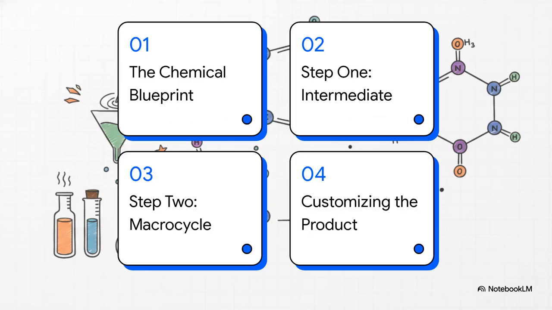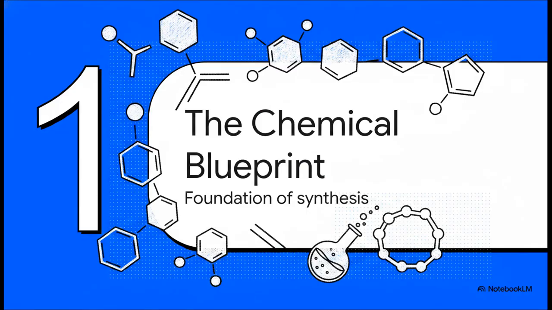Here's how we're going to break it down today. First, we'll look at the chemical blueprint. Then, step 1, the intermediate, followed by step 2, the macrocycle, and finally, we'll talk about customizing the final product. Easy enough, right? All right, let's kick things off with section 1, the chemical blueprint, the absolute foundation of our